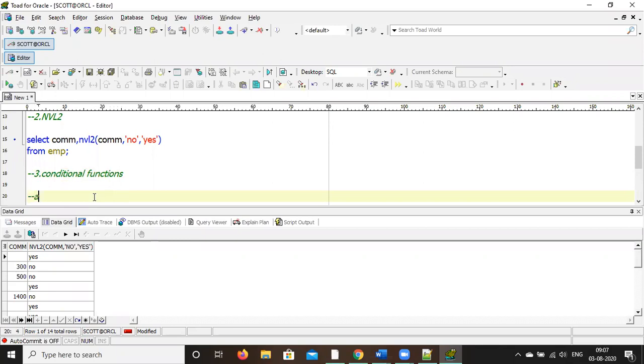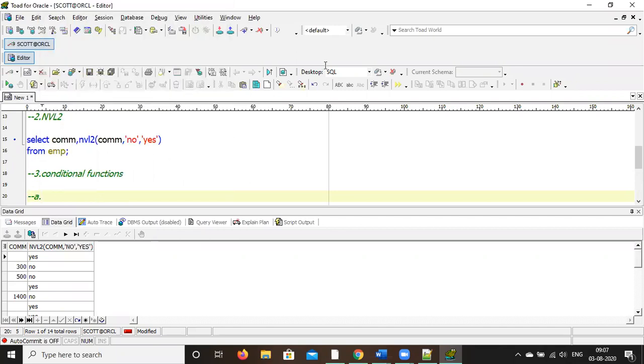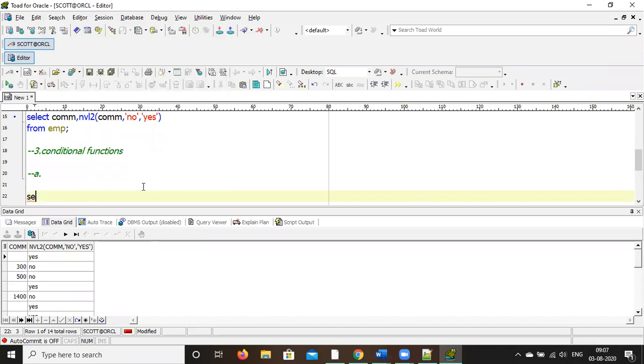Right, select distinct department number. First is DECODE. A is DECODE.